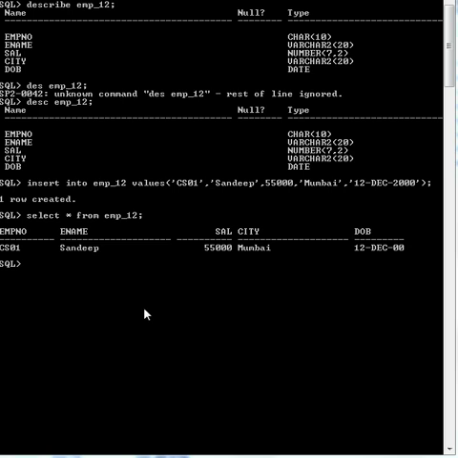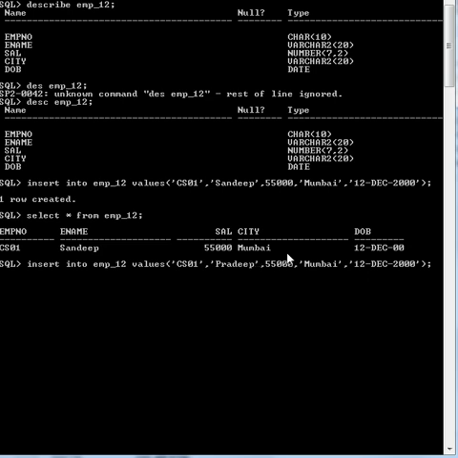So let's try to insert another value. Insert into emp_12 values. Instead of Sandeep, write here Pradeep, okay.